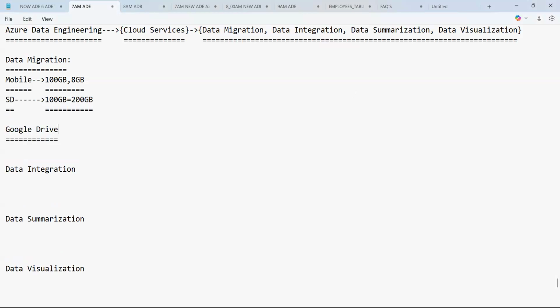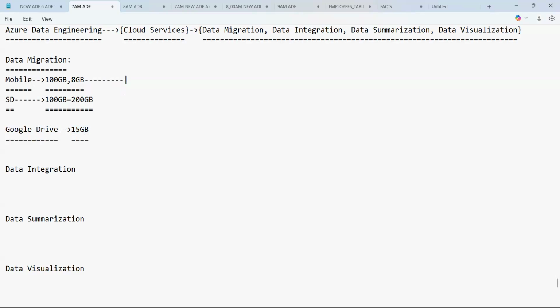Whenever you want to save, what is the limitation of this? There is basically no limitation. But 15 GB is what we have for free, without any cost. That is, 15 GB of data we can store. But if you want to store 500 GB of data, we have to buy the drive space. Whenever you want to move the data from the mobile phone to Google Drive,